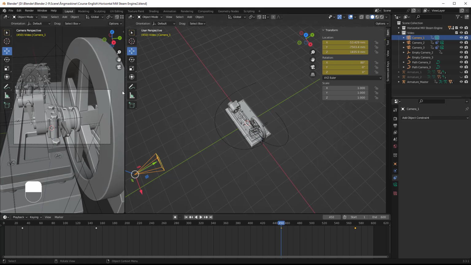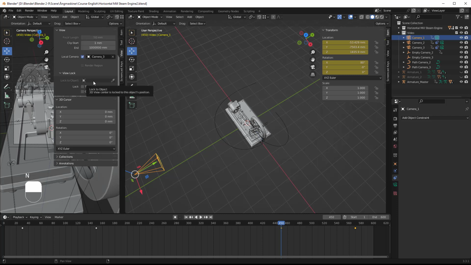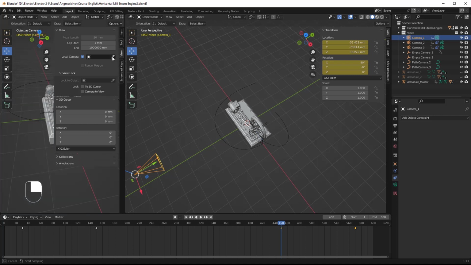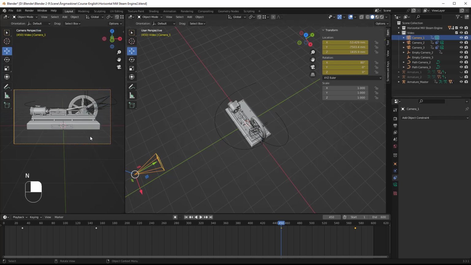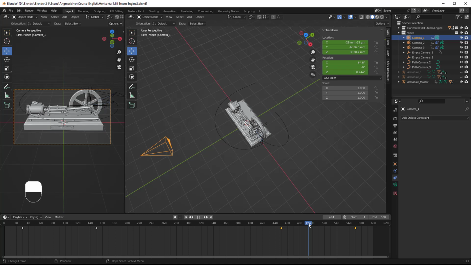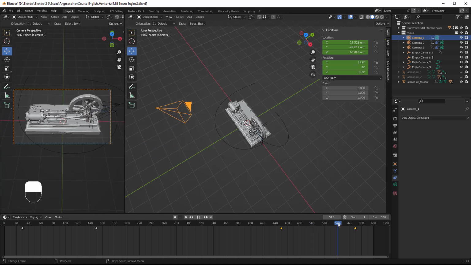Then we will change the camera in this viewport. So I'll press N when I have the cursor here. Change that, clear the box, then select the eyedropper, select camera 1. Then press N again to hide the menu. So now we're looking through camera 1. If I now drag the time slider, we see it will move in the same way as it does